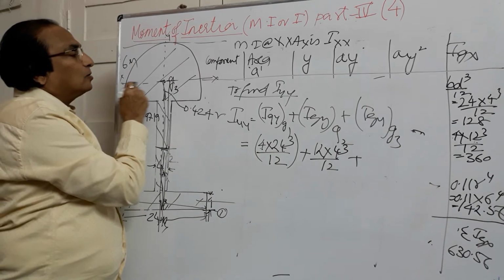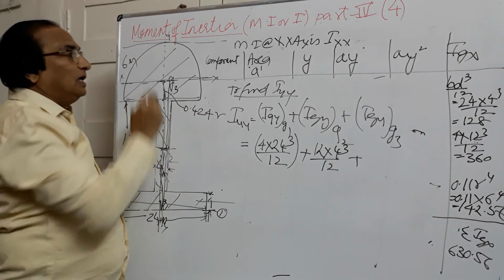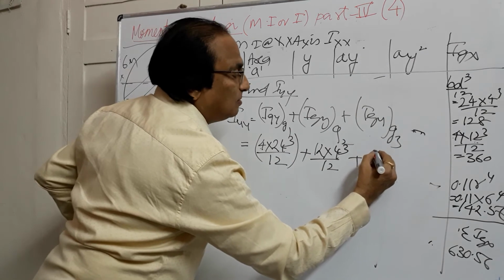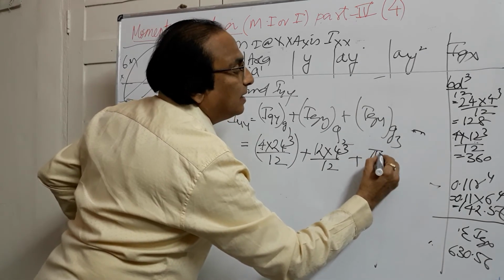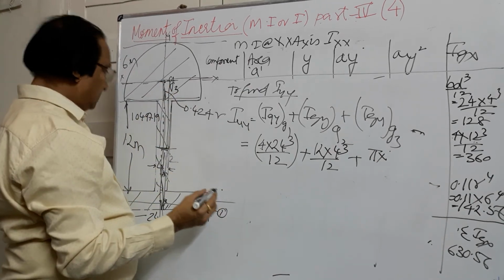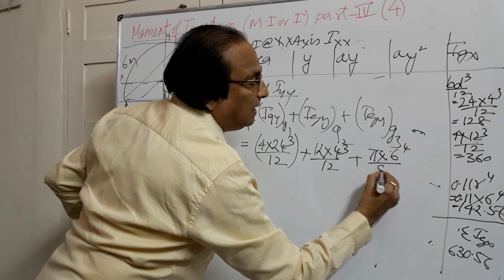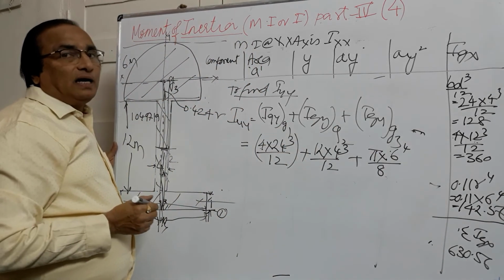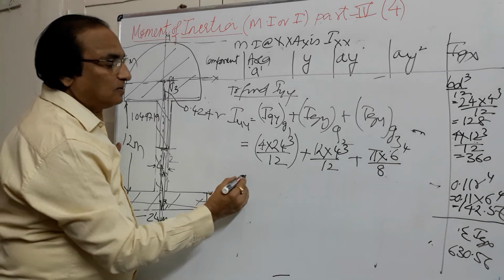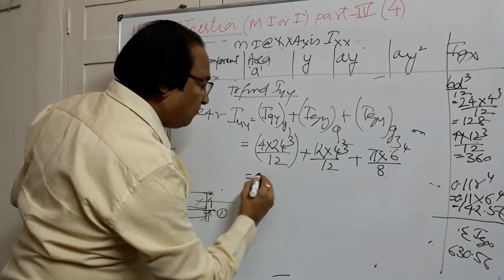If it is parallel to the diameter, we have seen the value is 0.11 r raised to 4. If it is perpendicular to the diameter, then the moment of inertia is given by pi into r. What is the radius of this? 6. Pi r raised to 4 divided by 8. That's the formula for perpendicular to the axis. So we get IYY is equal to